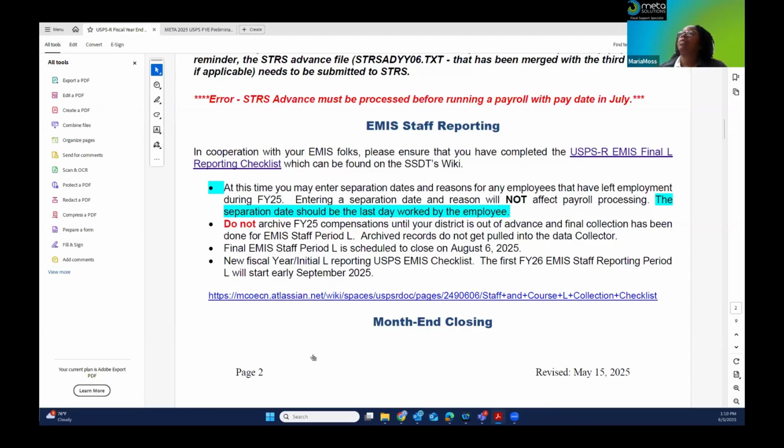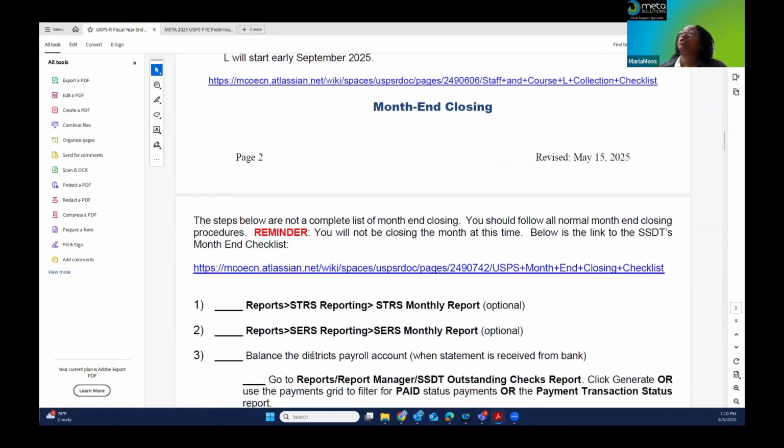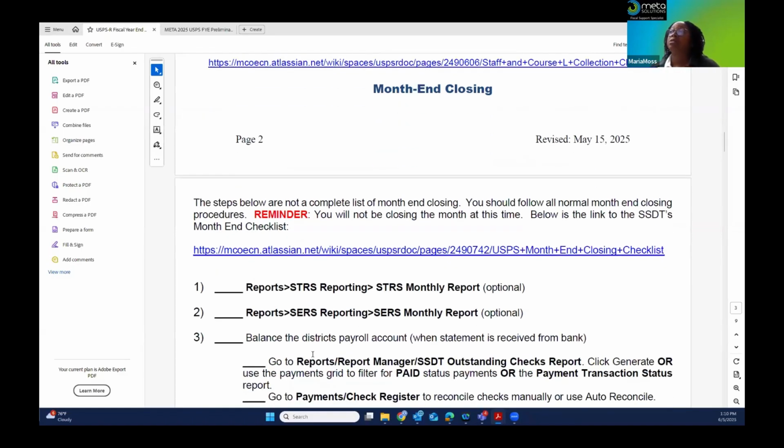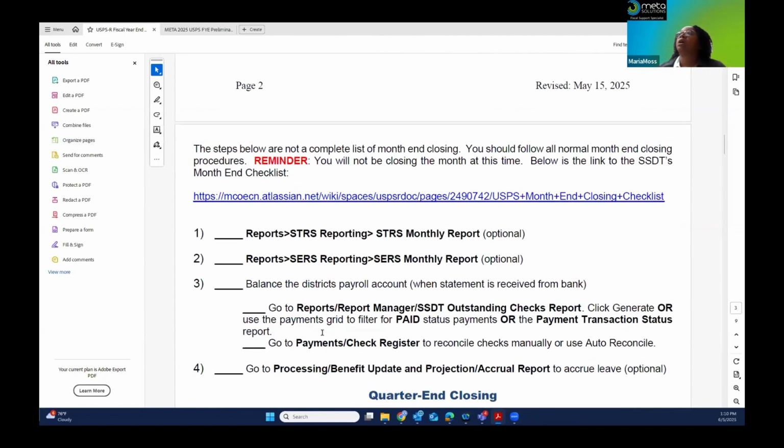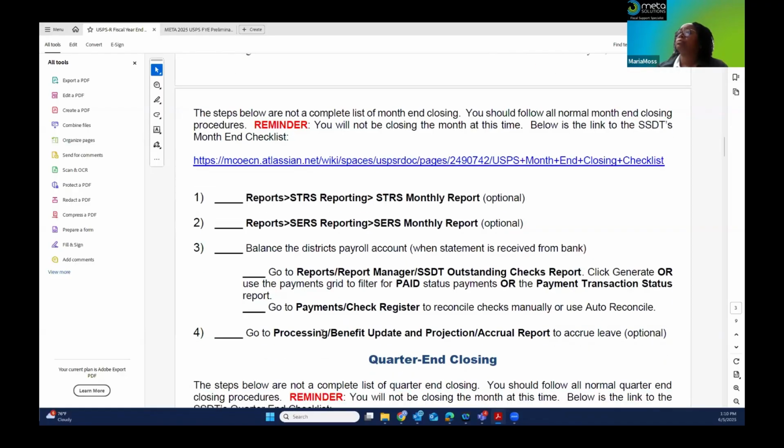Next, we're going to move to month-end closing. And what's on our checklist is not a complete list for the month-end closing. You can click here on this link for a complete listing of everything you should do, but these are just a few of the hot points that we don't want you to forget about. So steps 1 and 2 are optional, and they're the STRS monthly and SERS monthly reports.